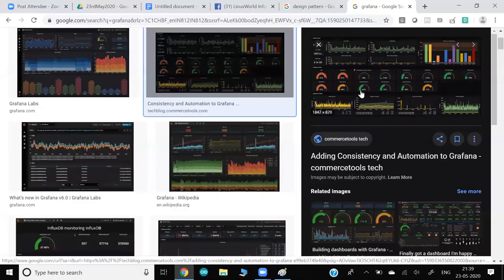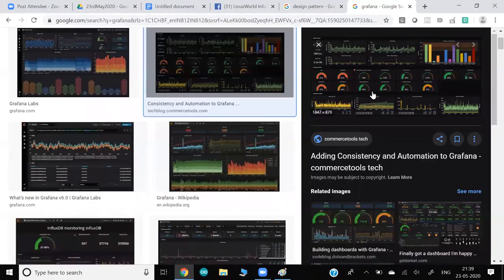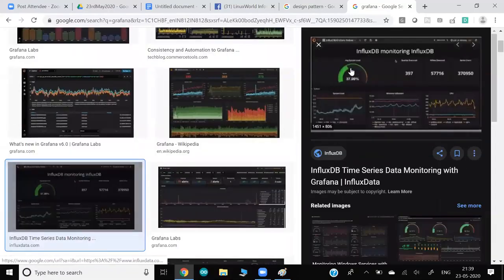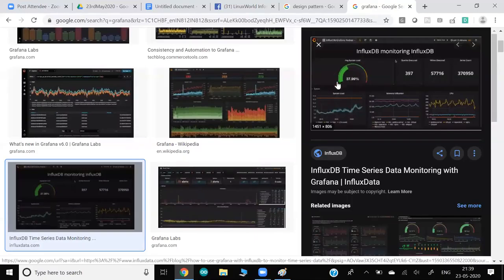So in real time, you can see here this time percentage, right? They show you this kind of visuals, whatever you would like to monitor. If you have the visual, you can monitor, right? I can see my percent of CPU, 47%, going up, going down in real time. Or let's say this one, this is real time. This meter is going up and down, number of requests going up and down. Okay, so that's called monitoring, right?